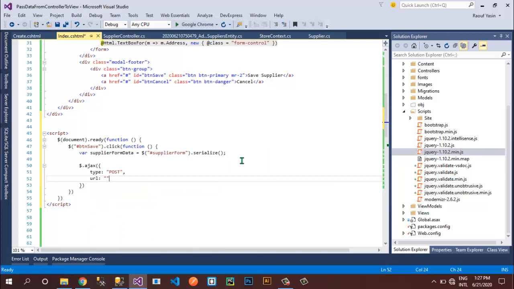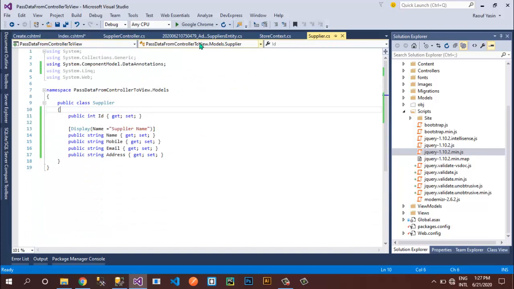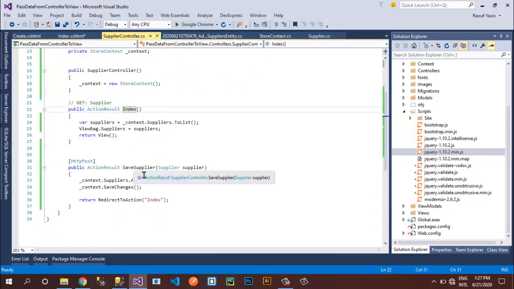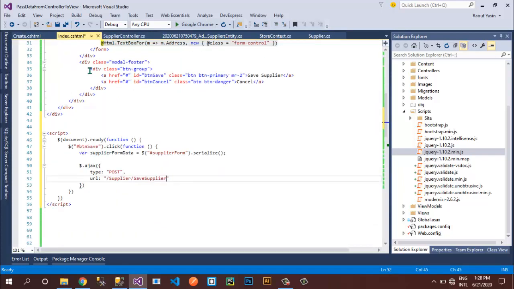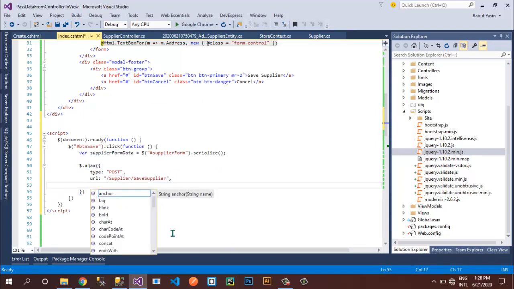As we know, our URL is our controller name, Supplier, then our action name, SaveSupplier. Let's make sure that we have the Supplier controller, and inside this controller we have this SaveSupplier action. Then I'll set my data as supplierFormData.